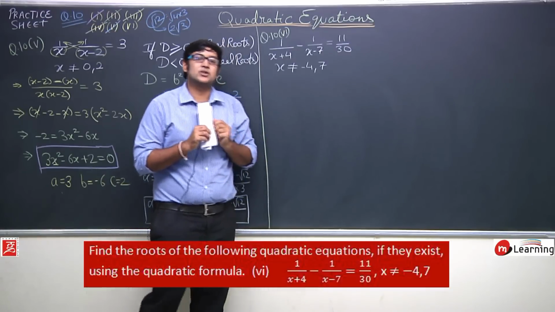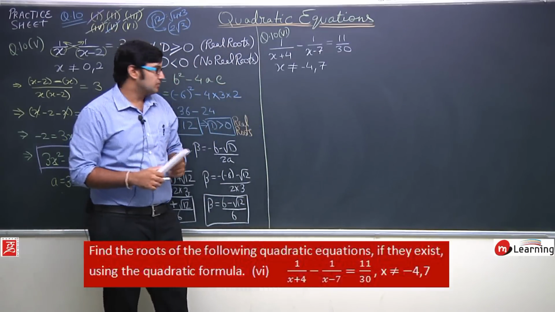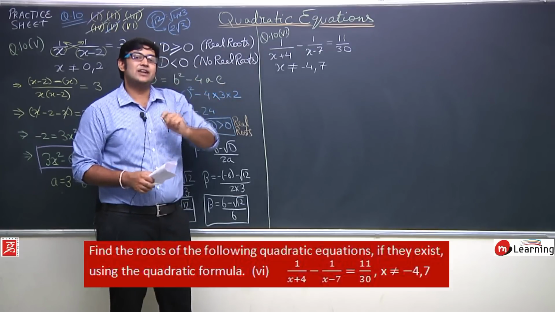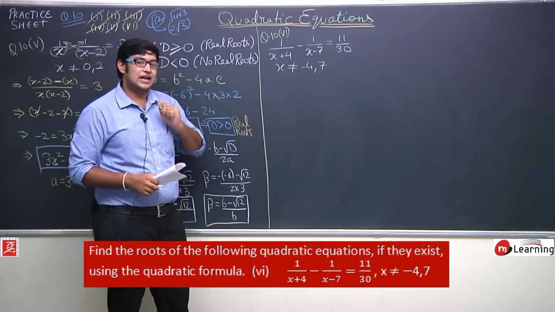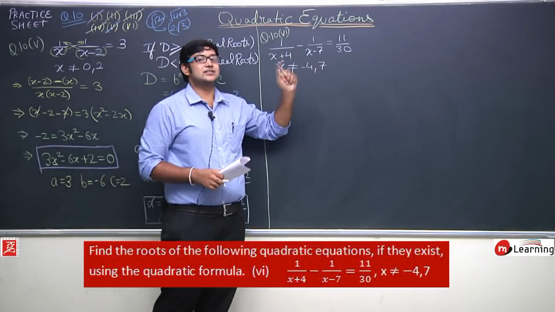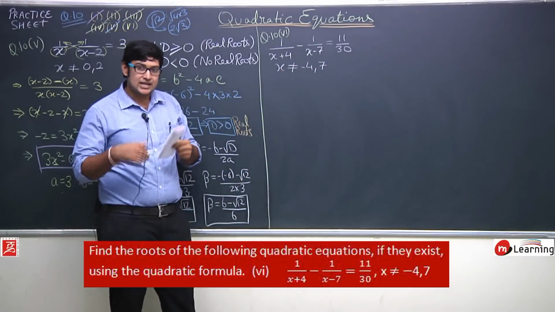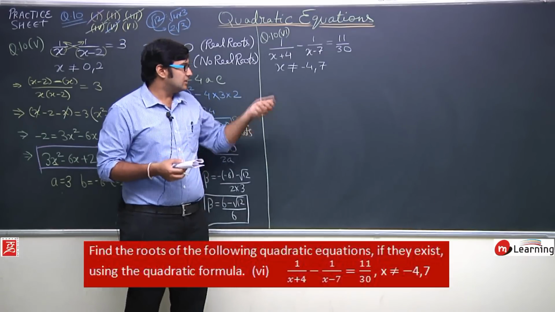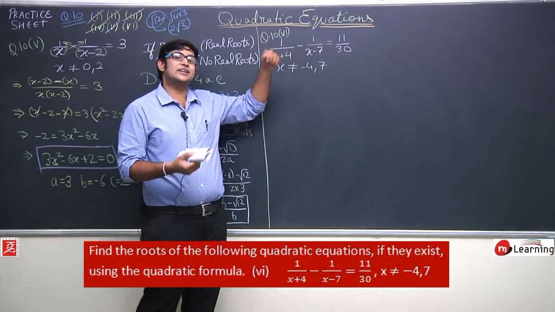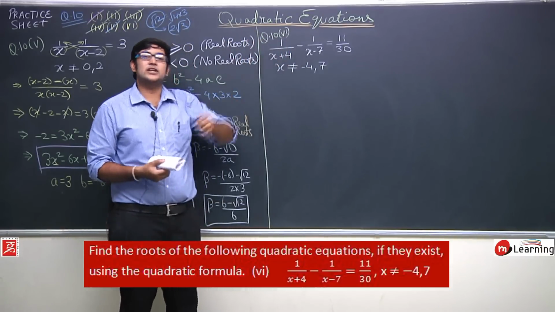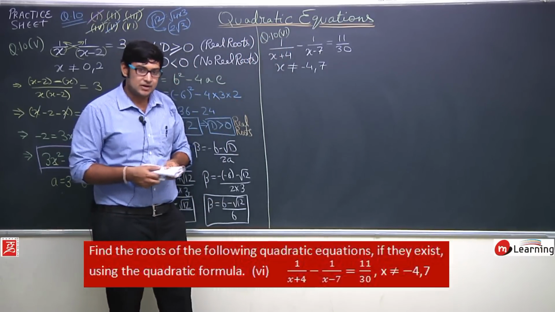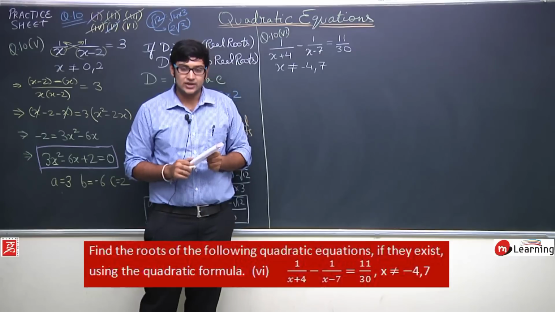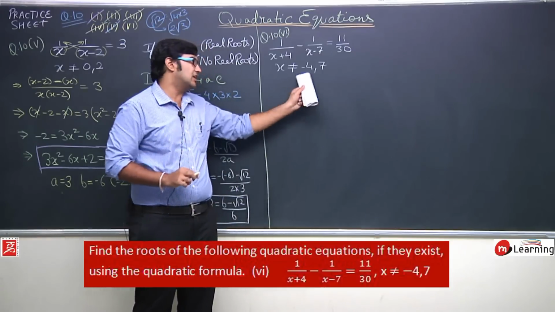ये दोनों values possible नहीं हो सकती हैं x की. Okay, so this is the quadratic equation, and it can never happen that x is equal to minus 4 and x is equal to 7. आप ऐसा assume भी नहीं कर सकते. Okay, जनरली होता है हमारे पास कि हम x का कोई वैल्यू assume करके हिट एंड ट्रायल मेथड लगा के इसको सॉल्व करने की कोशिश करते हैं, लेकिन यहाँ पर हम x का वैल्यू minus 4 और 7 assume भी नहीं कर सकते. Okay, this is the significance of this condition.